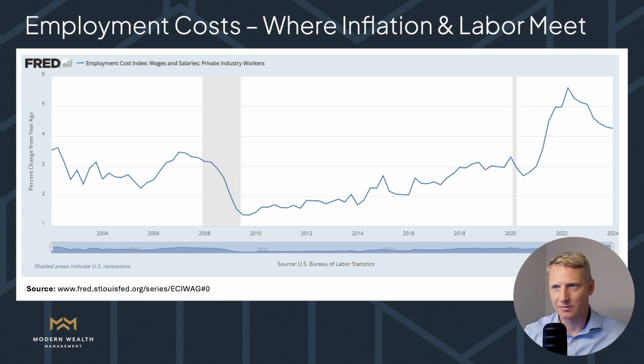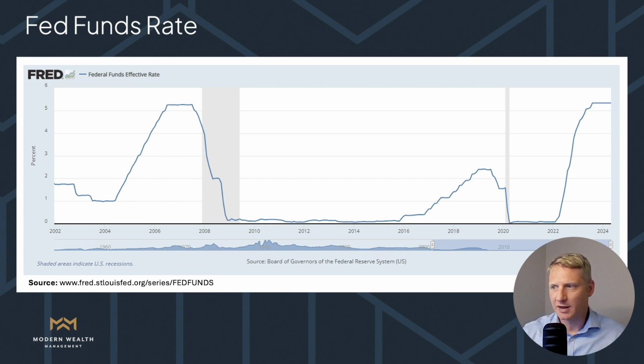The federal funds rate has now been at a restrictive level for a prolonged period of time. And it doesn't usually last that long before the Fed then has to intervene and cut rates to stimulate the economy. Again, we're thinking that that time might be coming at the end of the year, especially if we see continued economic weakness throughout the remainder of 2024.